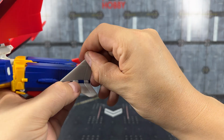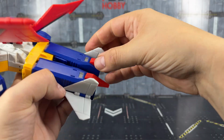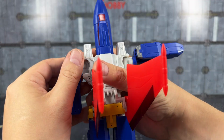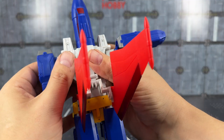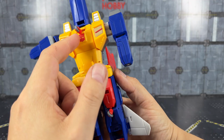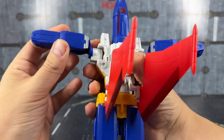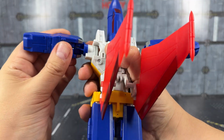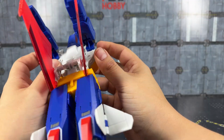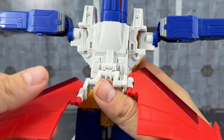This is then going to come up and onto the leg. This one at the back here is going to come up and on to the leg. Come around to both of the arms. You want to slide that out and push the chest down so it's now raised above this torso piece. And then we're going to want to raise these arms up, bring them up like so, like this, and then these can come up. Position this so this is facing